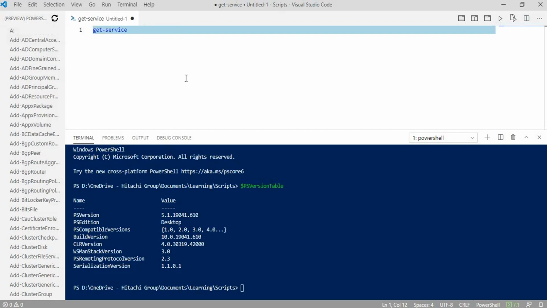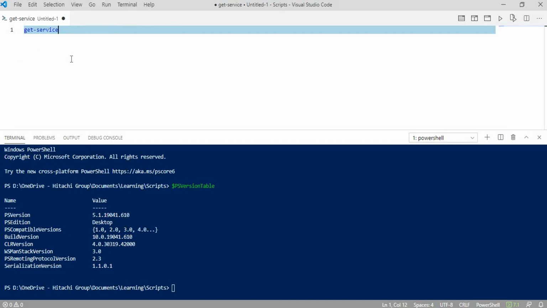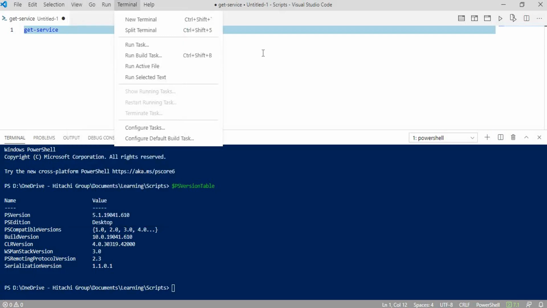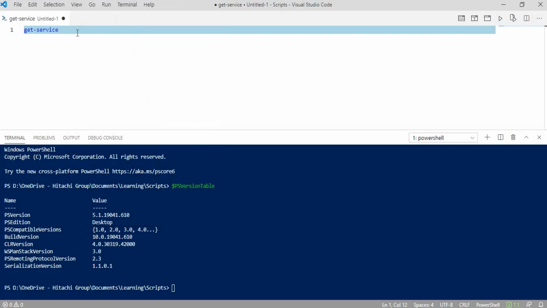In case we want just these two consoles only, we can hide this one, just hide the sidebar, and now we are getting full space to work. And we have so many options over there. Basically Visual Studio Code is a platform in itself. If we try to cover its features, even days and weeks will be less. So we will not be going into that depth. In case required, we will be creating a separate video for that. For now, for this series, this is enough, and from this point we can start working with Visual Studio Code.